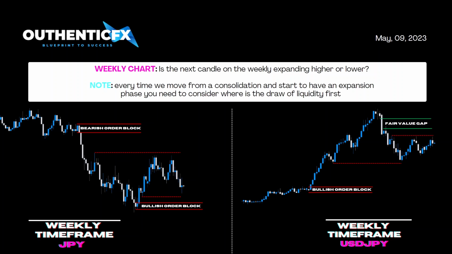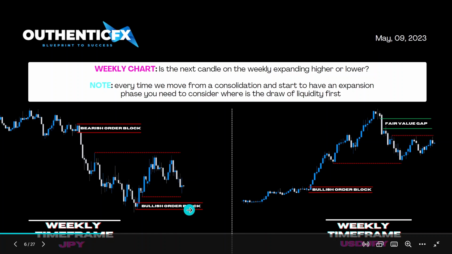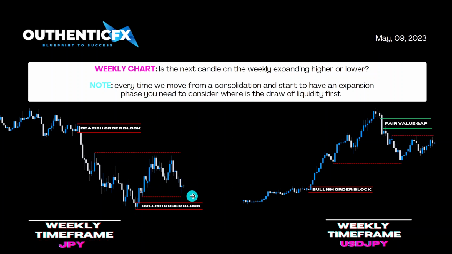So note the following: every time we move from a consolidation and start to have an expansion phase, we need to consider where is the draw of liquidity. So we can see we've marked up our draws of liquidity, which is these equal highs, this bearish order block that is unmitigated, this imbalance that we have to the left, and vice versa with the bullish order block, which is this last down candle before this major move up, which broke structure to the left, and the sell stop that resides below. These are all confirmations that price can draw to these areas and then continue its momentum or